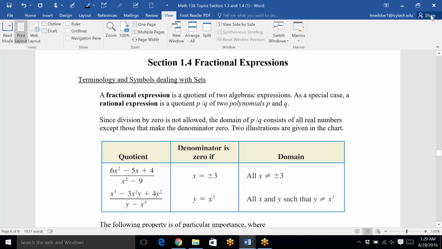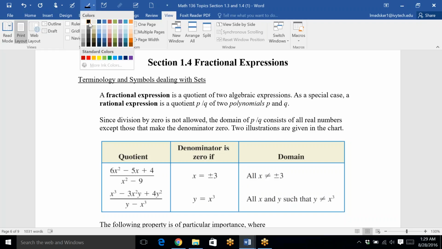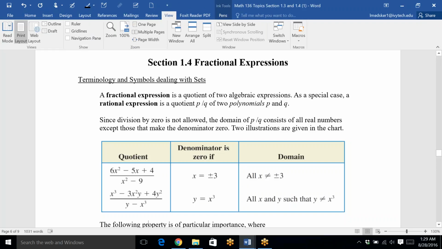This is a pre-video for the fractional exponent section of 1.4. This is something we should have already started on for our timeline for last week. So I'm just going to give you some basic terminology and a few basic examples of what we mean by fractional